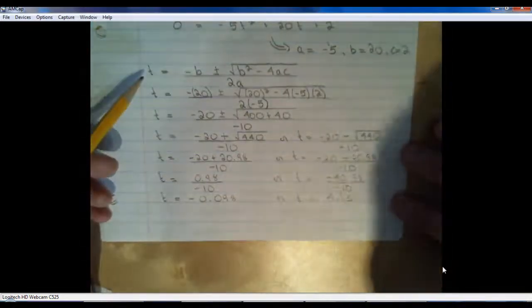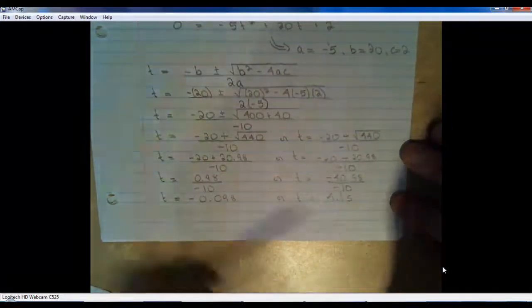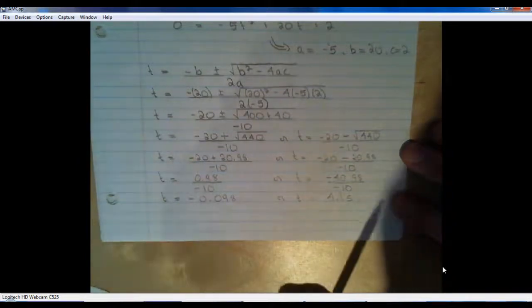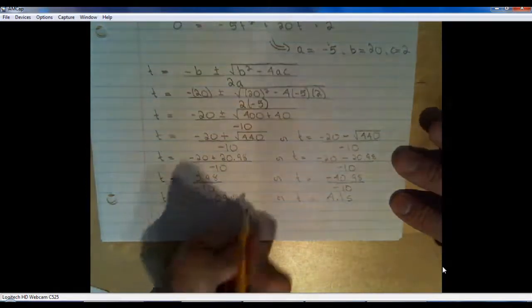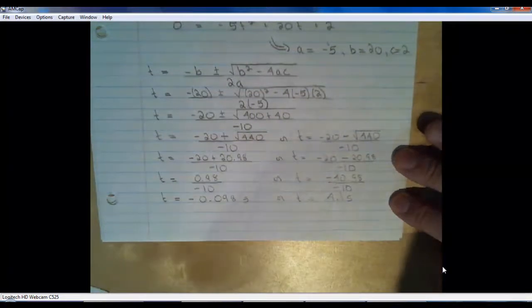Okay, so we're back. I hope you took the time to try and solve this quadratic formula by yourself. I've shown all the steps, and I arrive at 2 answers, 2 solutions, as expected. One time is minus 0.098, okay? And I mean those are seconds. The other time is 4.1 seconds. And as I said earlier,